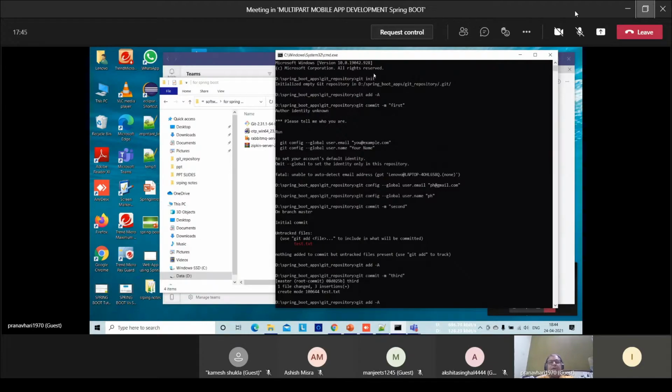Once Git is downloaded and installed, after that you have to do certain configurations for Git. First configuration, you have to give the command git init. This will set up the empty repository.